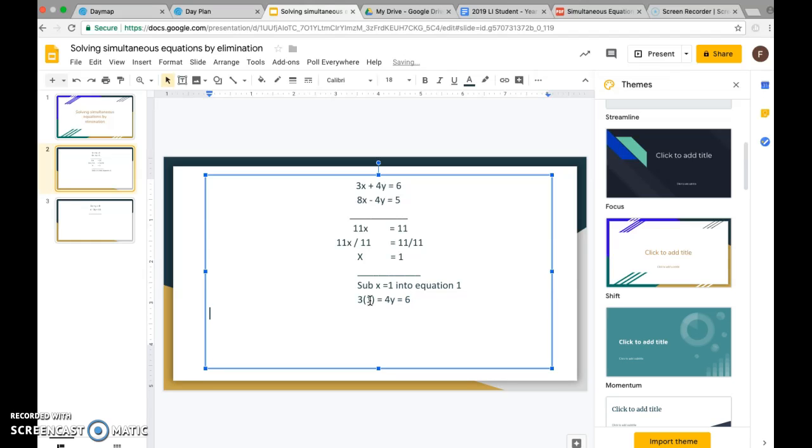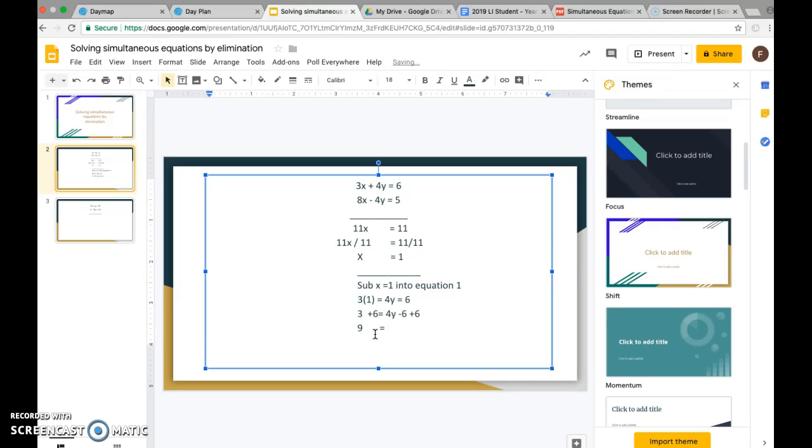Then I can just rearrange that equation to find y. So I get 3, because 3 times 1 is just 3, so 3 equals 4y take 6. And then I'm going to add 6 to both sides, so I'm going to go negative 6 plus 6 to that side, and then I'll also add 6 to that side, so that I get rid of that negative 6, so I'll get 9. 9 is going to equal 4y, 9 equals 4y,